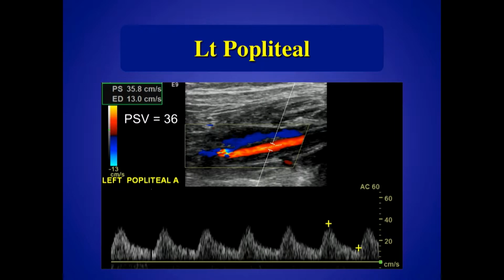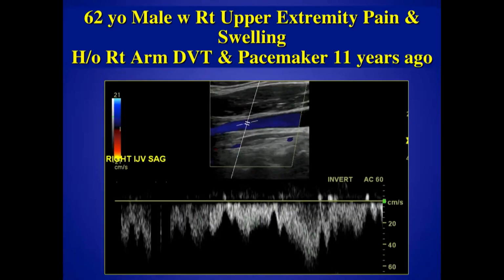Okay, so all the classic findings you need for peripheral arterial disease. So here's my last case before we get on to the SAM questions, because I want to get you out on time. 62-year-old male, right upper extremity pain and swelling, history of right arm DVT with a pacemaker placed 11 years ago. Okay, so when you do your upper extremity,